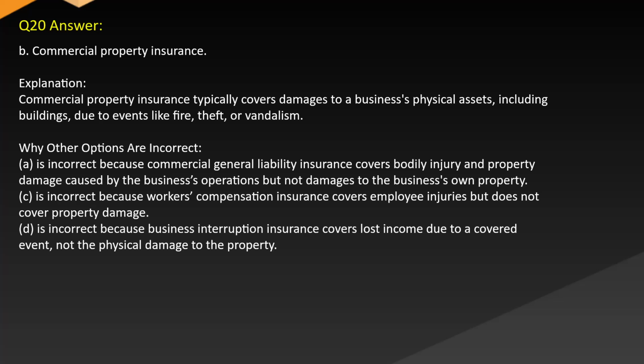Explanation. Commercial property insurance typically covers damages to a business's physical assets, including buildings, due to events like fire, theft, or vandalism. While the other options are incorrect, A is incorrect because commercial general liability insurance covers bodily injury and property damage caused by the business's operations, but not damages to the business's own property. C is incorrect because workers' compensation insurance covers employee injuries, but does not cover property damage. D is incorrect because business interruption insurance covers lost income due to a covered event, not the physical damage to the